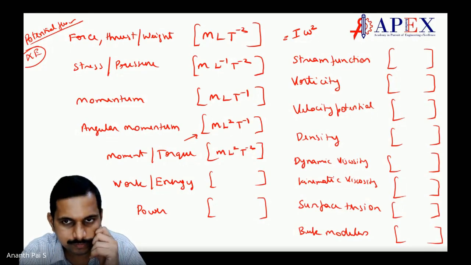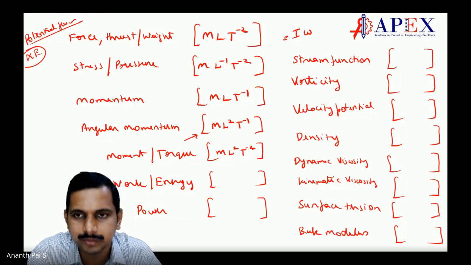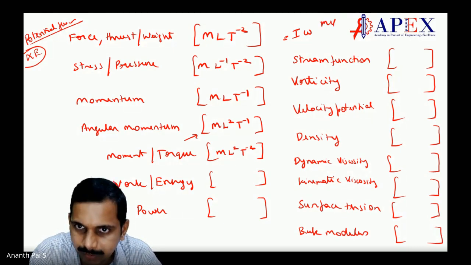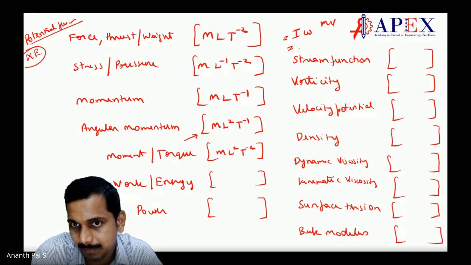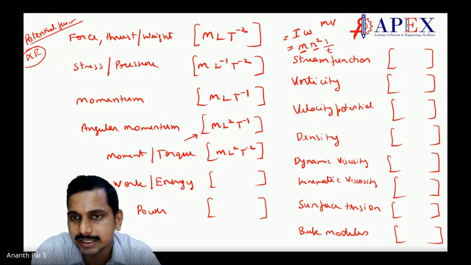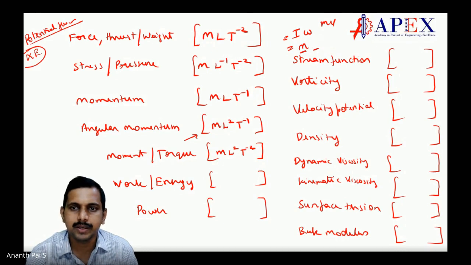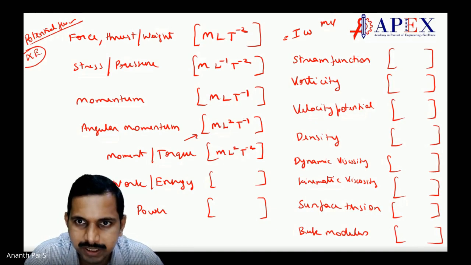Just a second. I omega is angular momentum, like mass into velocity is for linear momentum. What is I? I is related to m r square. Observe. Mass into radius square into 1 by time. So that is why it is L square here, M here, T here. That is angular momentum. T in the denominator. Angular momentum is I omega. Keep in mind. Make sense, students? Hello?